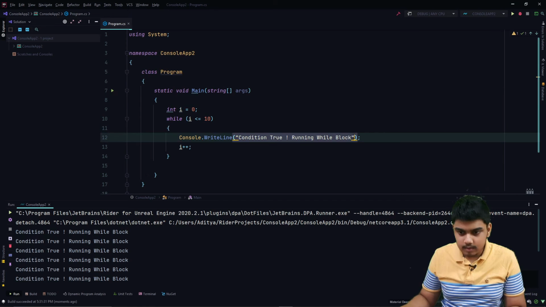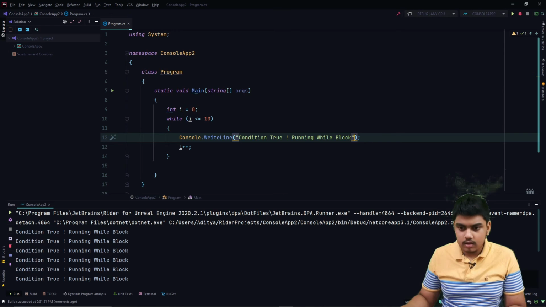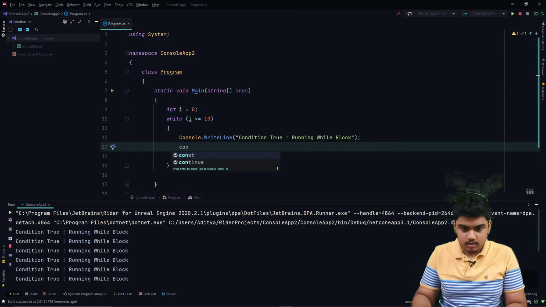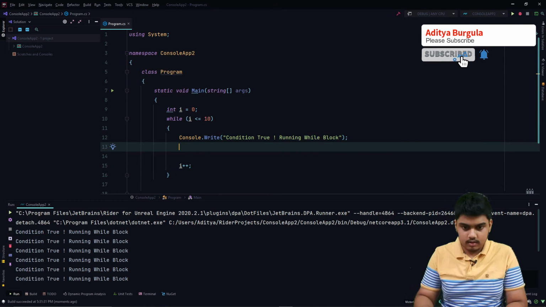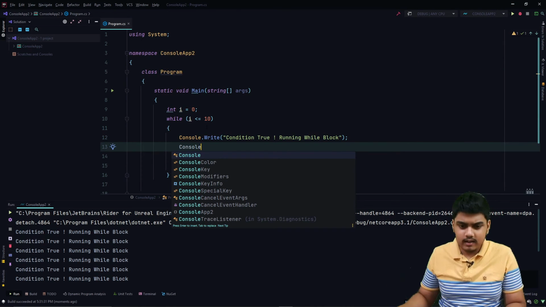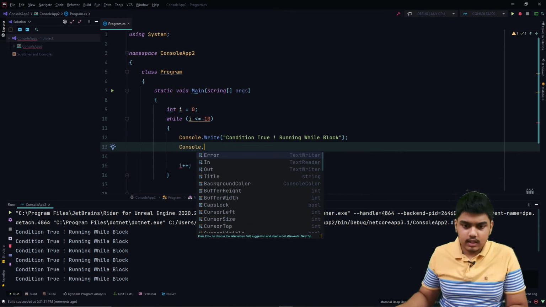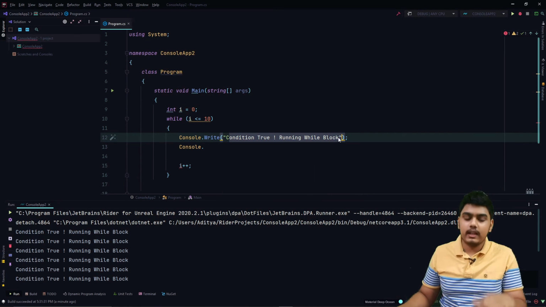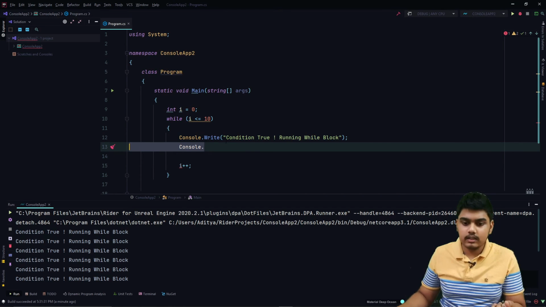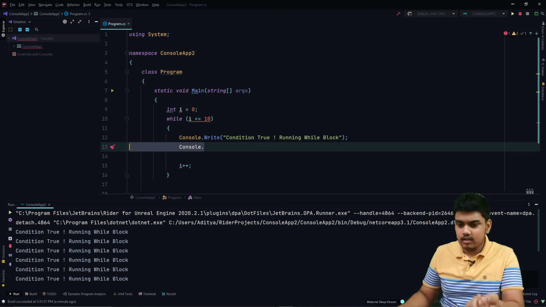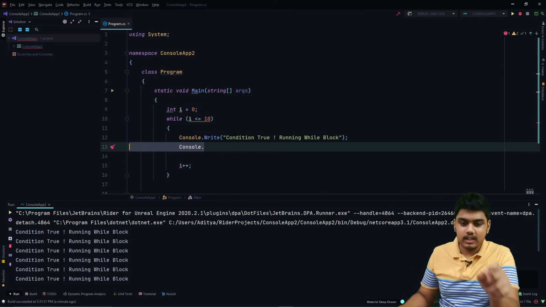So we'll just give the value of i. Or else let us just write Console.Write, and let us use two different things. If you don't know Console.Write, it is very similar to Console.WriteLine. The only difference is that after printing, it won't go to the next line. If I write Console.WriteLine, as you can see, after printing this it goes to the next line, again printing, and so on. If we write Console.Write and the loop runs continuously, it will print everything horizontally. Console.WriteLine just adds a new line, that's why it has that line.